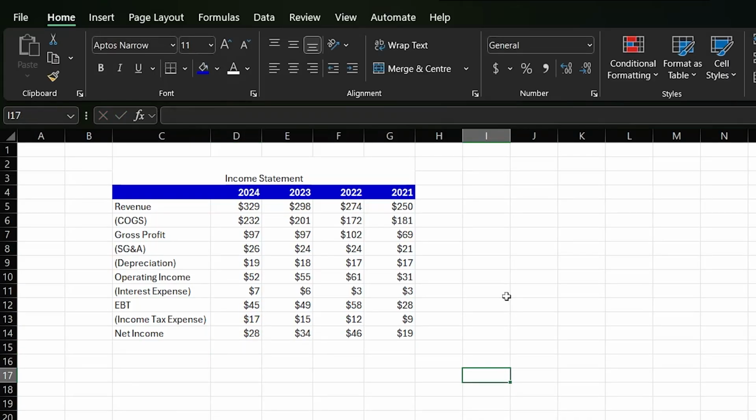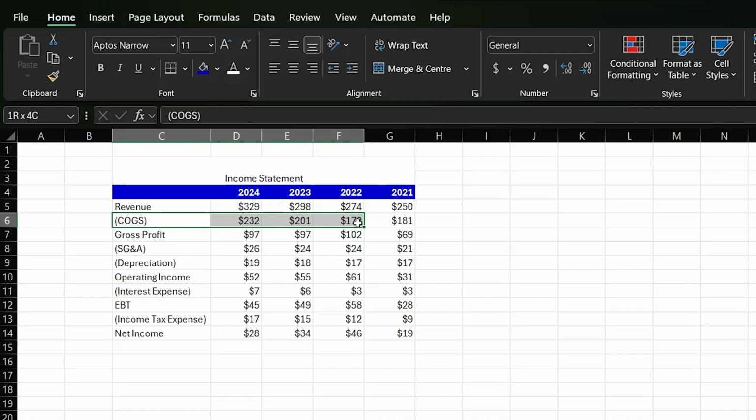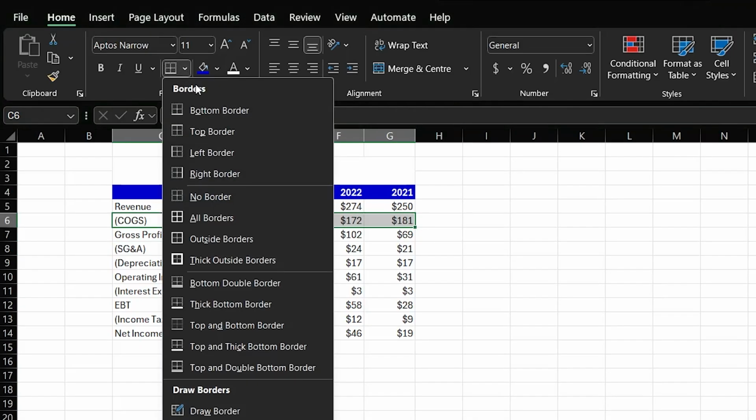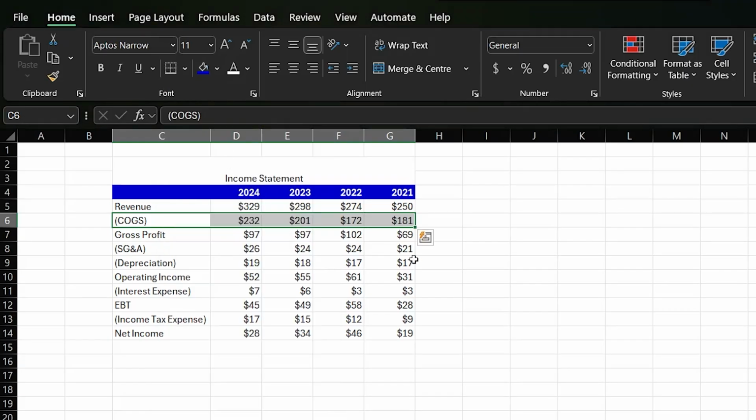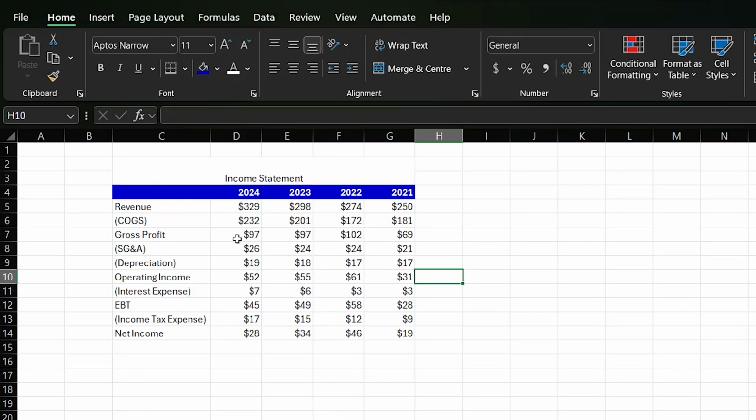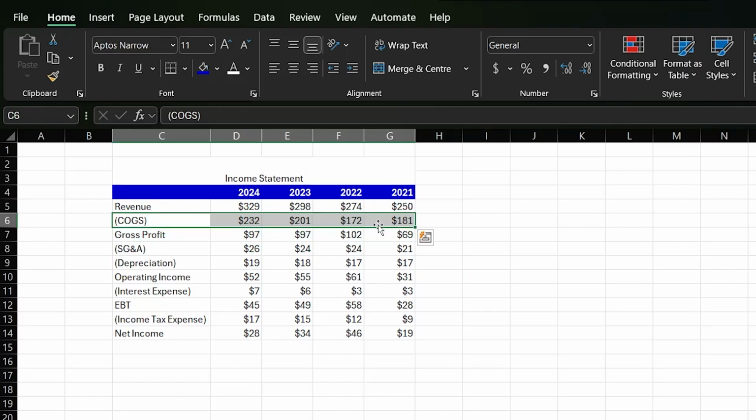Another detail we could do is add borders to this income statement before our calculations. If we highlight the entire cost of goods sold and select borders, we can choose from a variety of options. Let's go ahead and select this bottom border option. Once we have this properly formatted, we can copy this entire highlighted area and paste it in the depreciation row